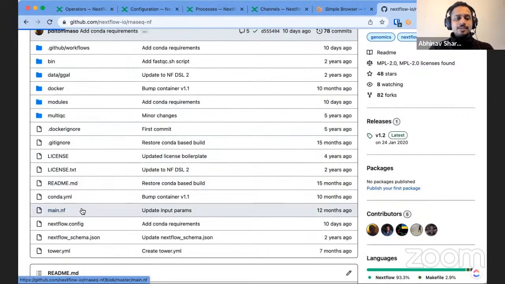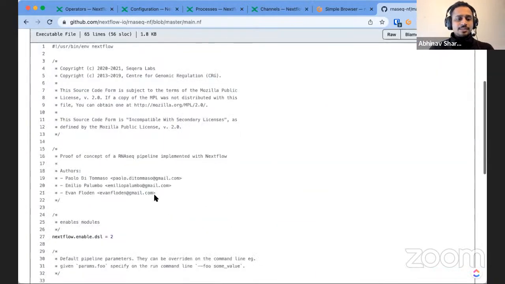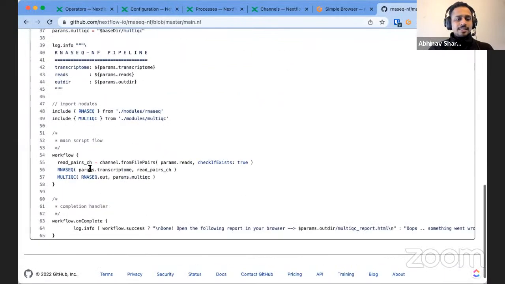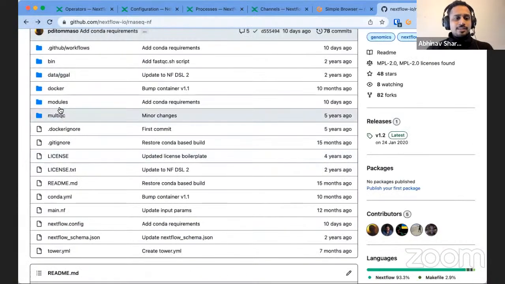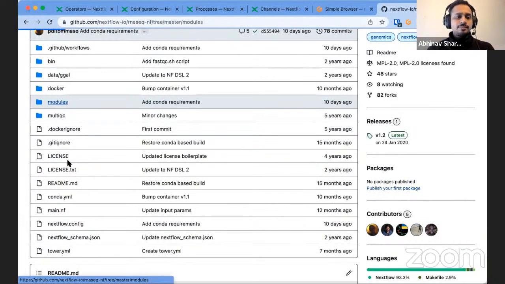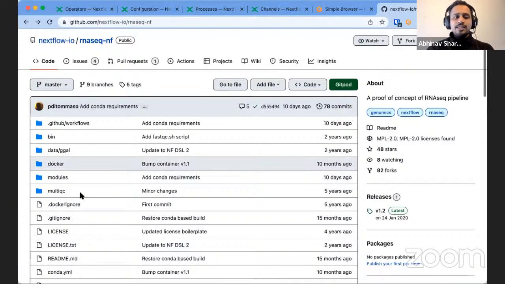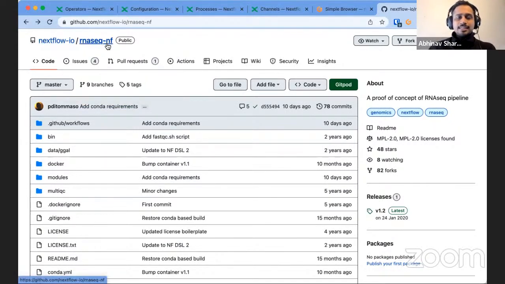So you will see main.nf, you will see similar processes, log info, MultiQC, and workflow. Then you can go and check into modules: FastQC, index, MultiQC, and quantification. So we have really built a functional pipeline, and you can say the finished version of that pipeline would be something like rnaseq-nf. However,